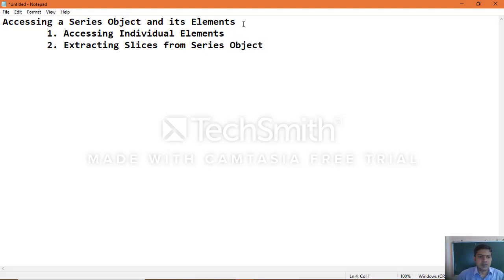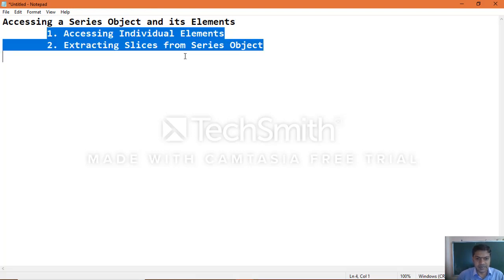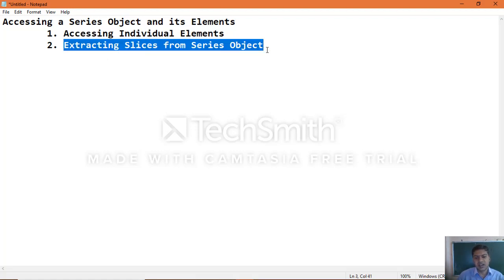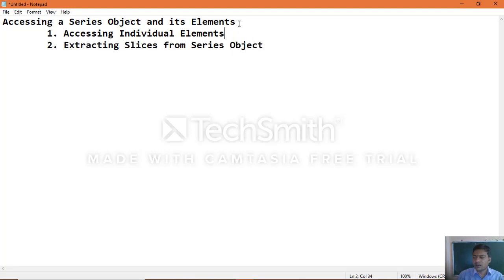So these are the two different ways of accessing a series object and its elements. The first type is accessing individual elements, and the second type is extracting slices from a series object, that is nothing but a subset of the given sequence which you can extract with the help of slices. We will see one by one.